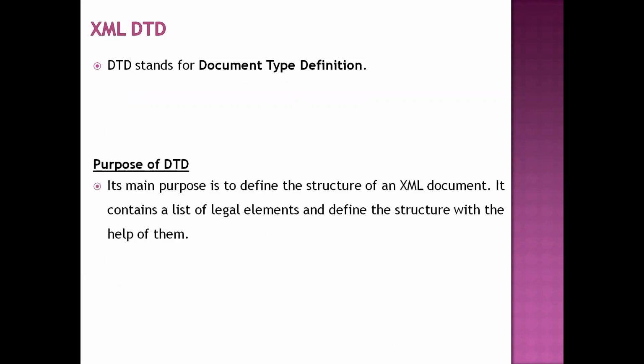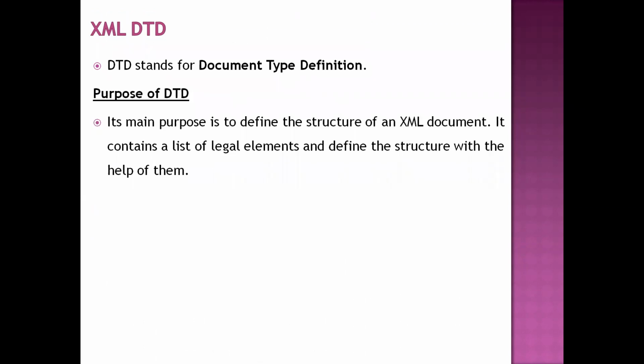First of all, DTD stands for document type definition. As the name implies, in this DTD we will define the entire XML document, that means all the elements of the XML document. The main purpose of DTD is to specify the structure of the XML document: how many XML elements there are, what the child elements of every element are, what the attributes of every element are, and how to specify those elements. To define this kind of structure of the XML document, we use DTDs.